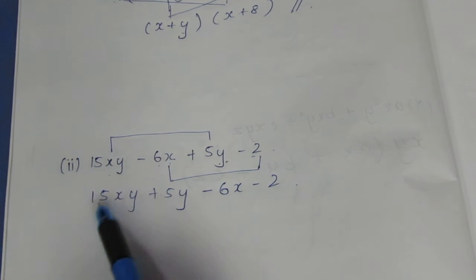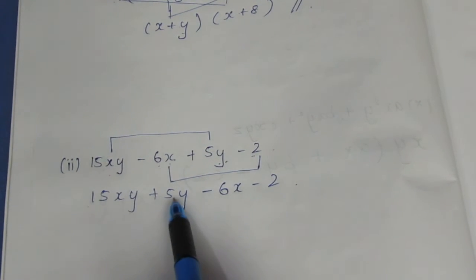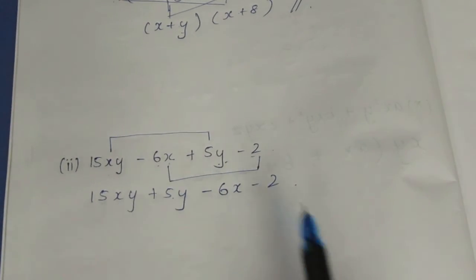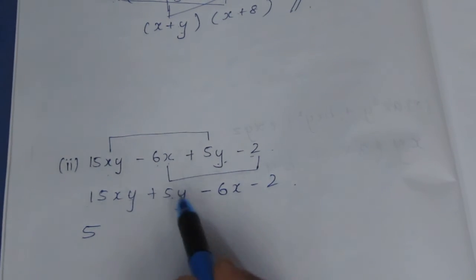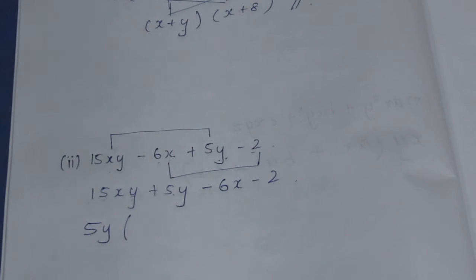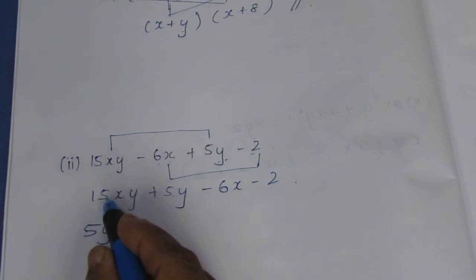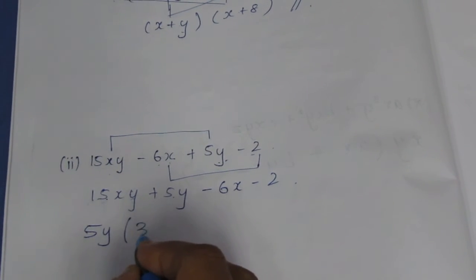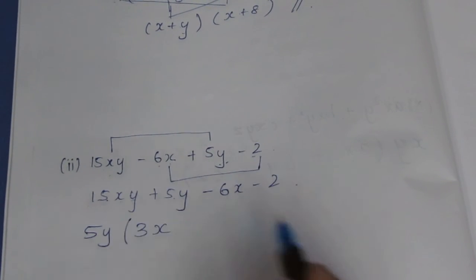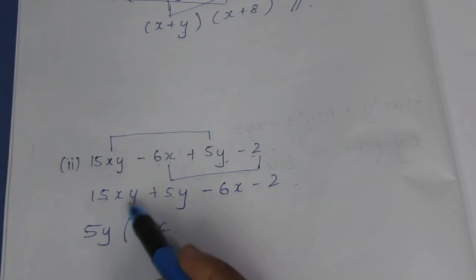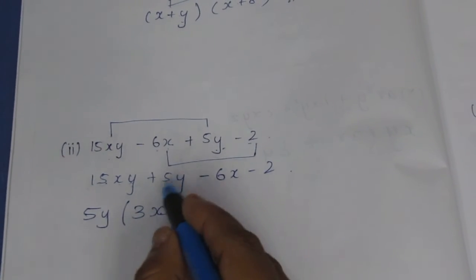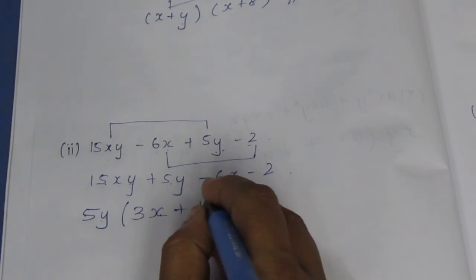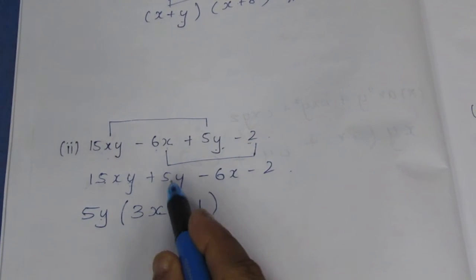Here, if you see these 2, we know that 5 is common. This can be written as 5 3s are 15, and this is 5. So in these 2, for the number, 5 is common, and for the variable, y is common. So taking 5y common outside, we have taken one 5 outside, which means we have 5 3s are, so 3 inside. X, there is no x outside, so we need to write x inside. Y has come outside, so no need to write y. Plus, already 5y has totally come outside, which means write plus 1. This everyone will forget. We need to write 1.